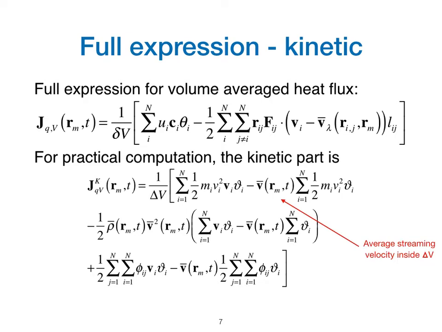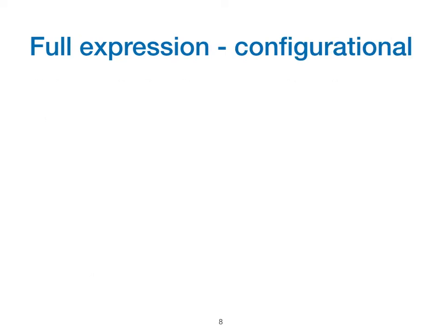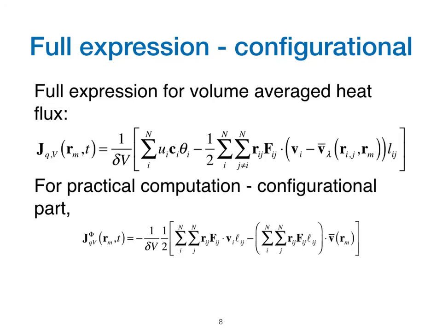So that involves the average streaming velocity inside the delta V, which is really only available at the end of the run. The same thing applies to the configurational part of the pressure tensor. For practical computation, we use an average streaming velocity over the volume V rather than the average on the line segment that's within delta V, because this is a little bit simpler and the error in making this approximation is